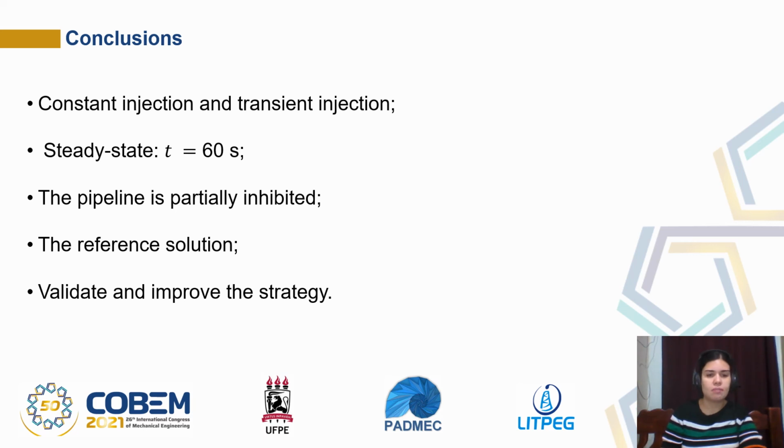The reference solution predicts a lower mass fraction than the amount predicted in the initial solution at the pipeline inlet, and both solutions show that 15 seconds of injection are required for the monoethylene glycol to reach the pipeline outlet. The modeling presented an initial